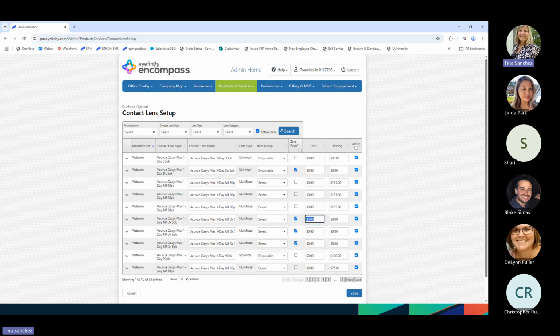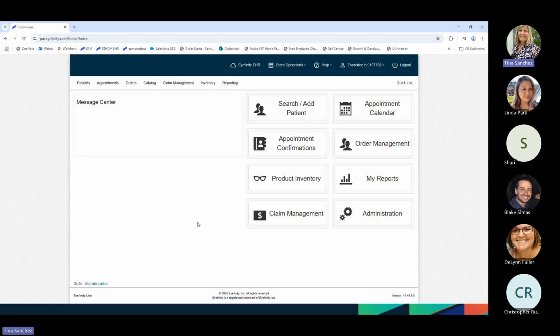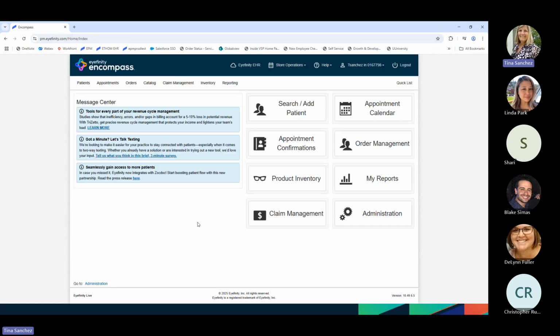Now, I'm going to go ahead and click on my Encompass logo, and we're going to look at a patient and talk about the RX. What does the RX need to look like? And if we're manually inputting it versus if it's coming from like EHR into the practice management side, we're going to look at those prescriptions. Okay, so I'm going to search for my patient,